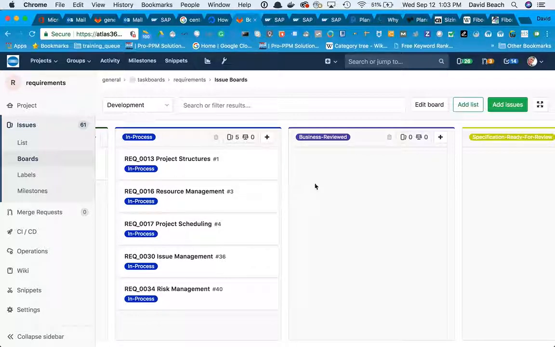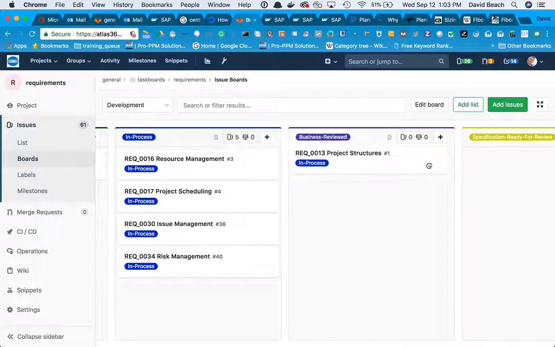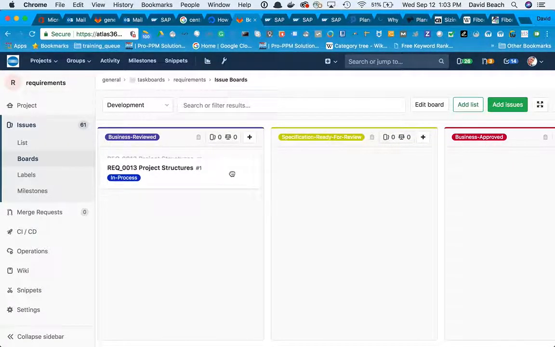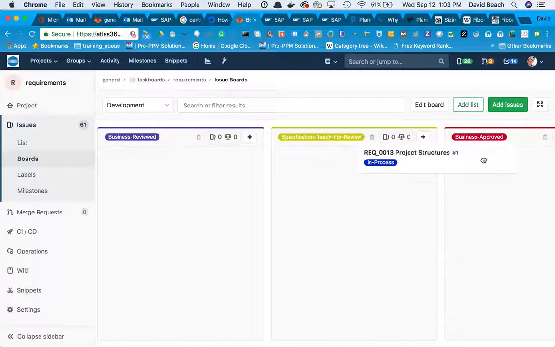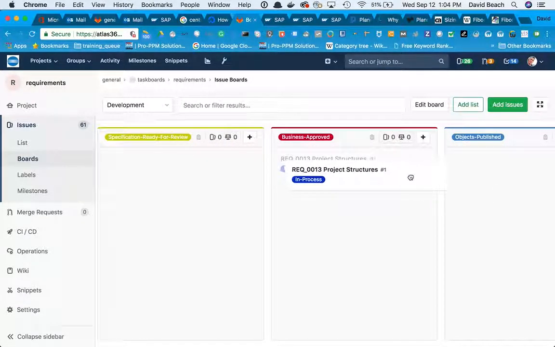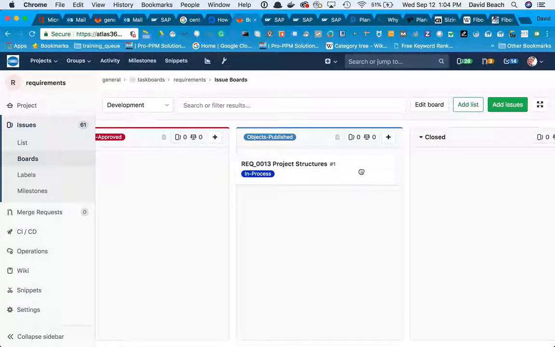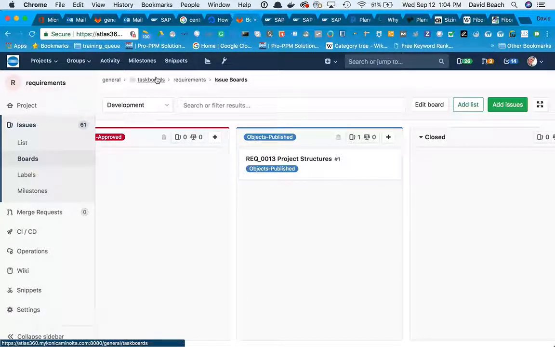Some of the development is actually going to start, because if we look at this one, even though we haven't done the official things here, we have reviewed it, and it got feedback, and then we're looking for the business to approve it. Let's just say that we've approved it right now. The objects have been published. Then if you go over to the other task board here, which is the next one,